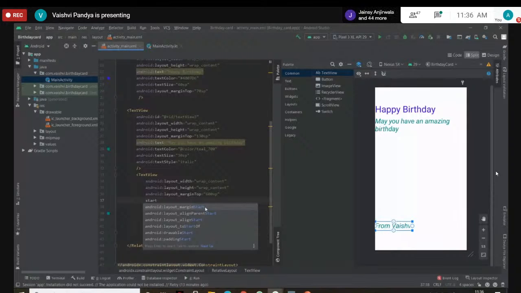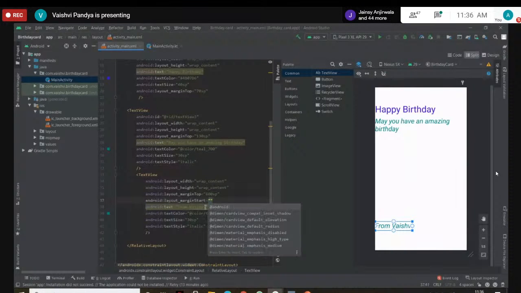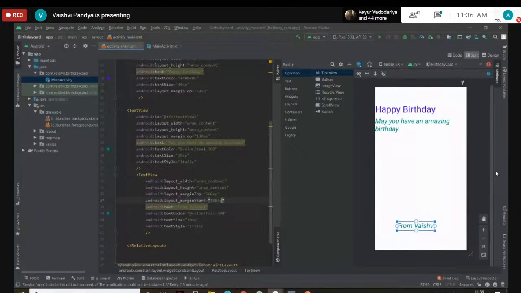margin start. It will show how much space I want from the starting of the margin. Now it is just trial and error that you have to do. 200 SP, anything. Okay, now see,